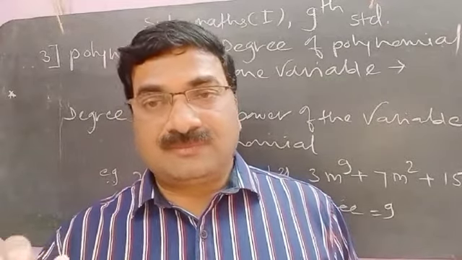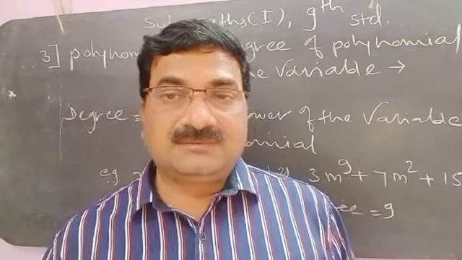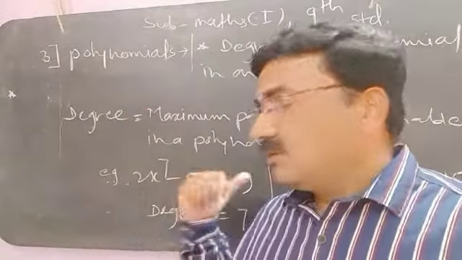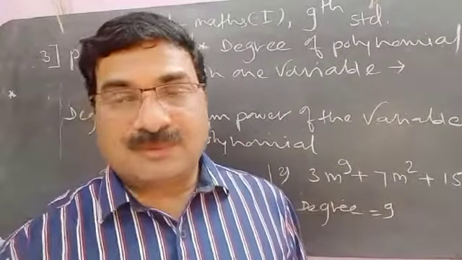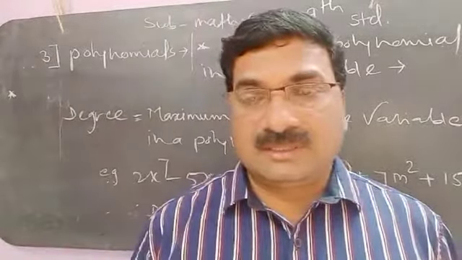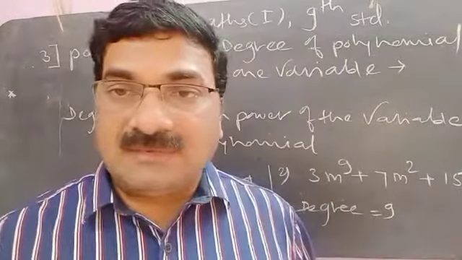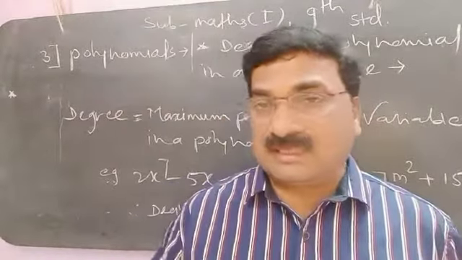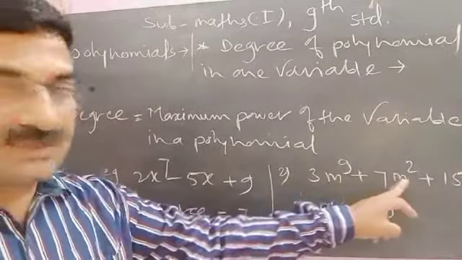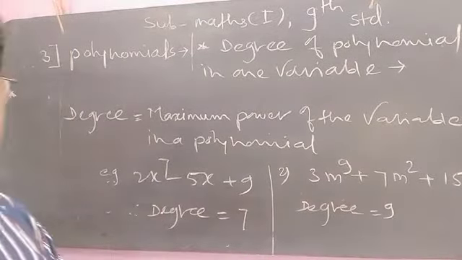But observe precisely whether the variables are one or many, because the degree with many variables is another point. This is only one variable. If the variable is only one, observe the maximum power and then write down the degree of that polynomial. Then our next point is the degree with many variables. If there are many variables in a term, how can we find the degree? That is the next point. First, this is the degree, the maximum power. Observe only the maximum power if the variable is only one. Here the maximum power is 7, so the degree of the polynomial is 7.